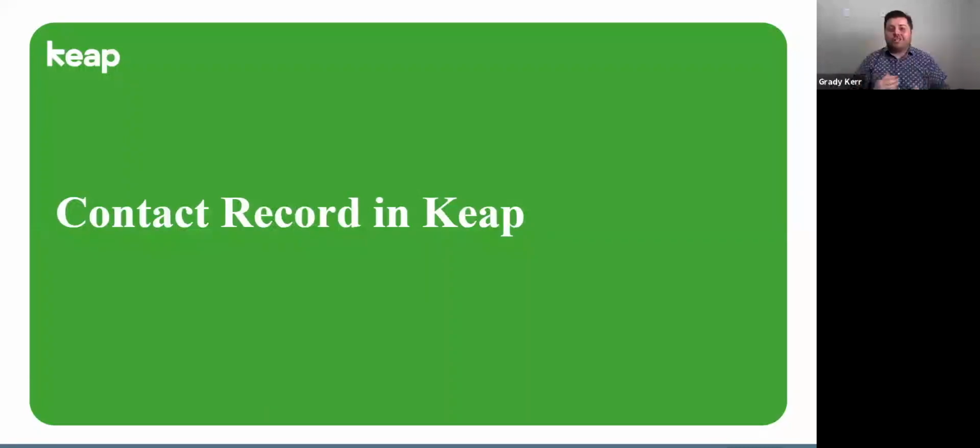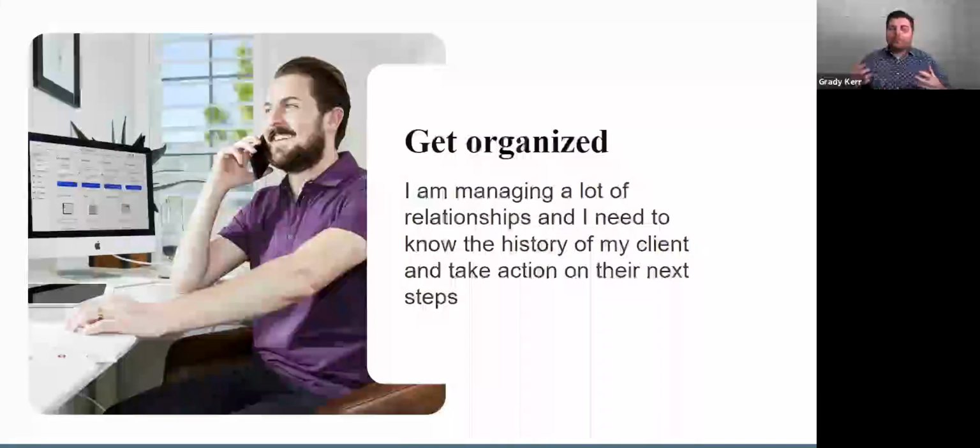We're really excited to share with you some of the things that come as essentials to Keap. Our big thing today is talking about how to get better organized. The idea is that you've got all these relationships you're trying to manage, and you want to make sure that everything feels natural and personal. If you've got a handful, like 5 contacts or 5 relationships that you're trying to maintain,